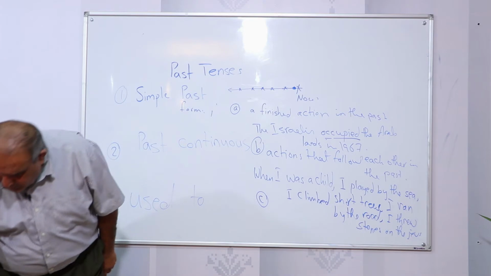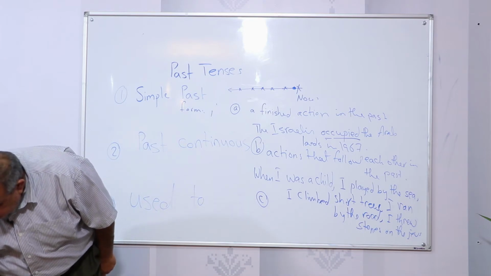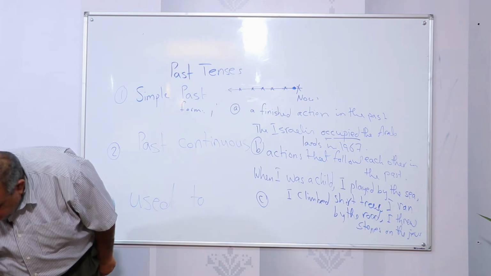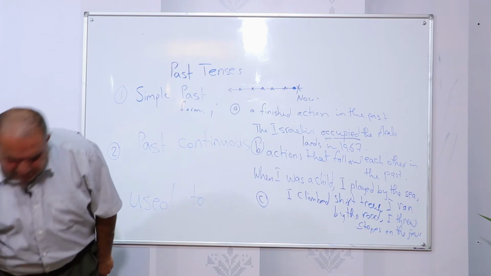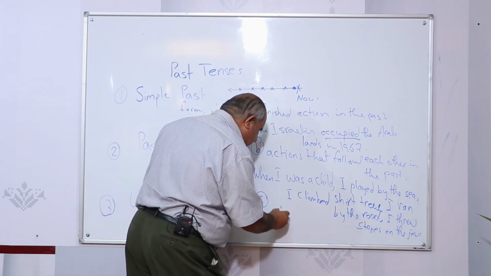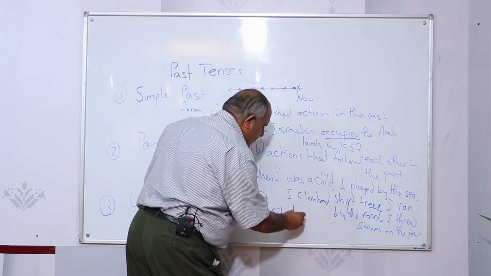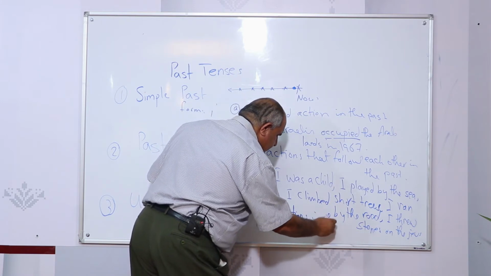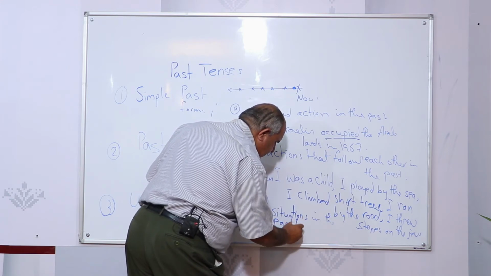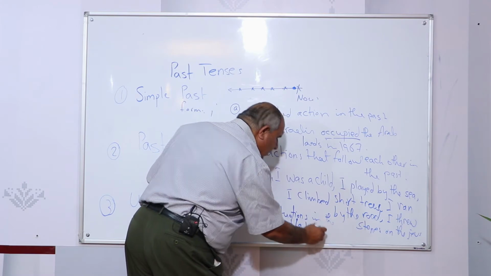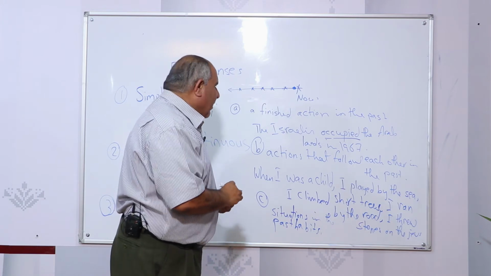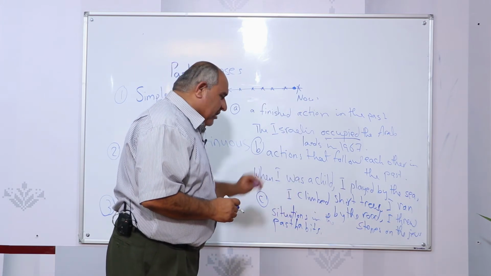Number 3, the past simple tense expresses situations in the past as habits. Now, what do we mean by habits? What was my habit in the past? Example, when we said when I was a child,